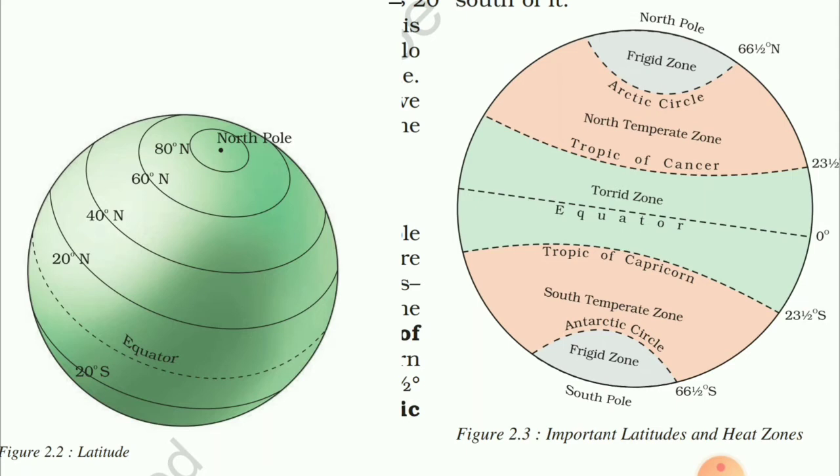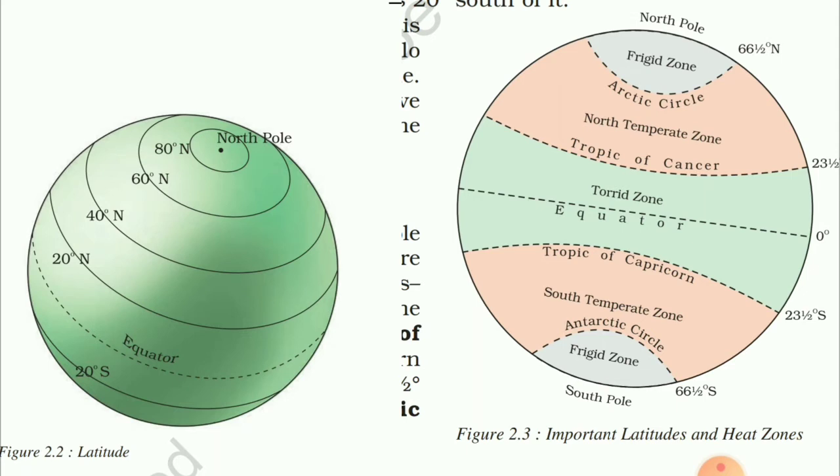Like that, there is the torrid zone. Torrid zone is between Tropic of Cancer and Tropic of Capricorn. That is, torrid zone means very hot zone. And then you can see Arctic Circle to Tropic of Cancer, that is known as North Temperate